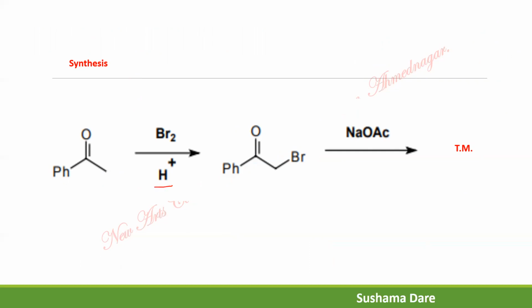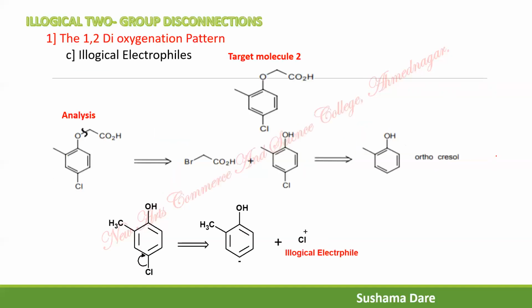Now start the synthesis. Acetophenone, treat it with acid, then carry out the bromination. It gives you an alpha bromo product, and then after the reaction with sodium acetate, the acetate attacks here and the leaving group departs, which gives the target molecule. Now this is the next example. Again, how many different types of possibilities are there over here? You have a Cl group, you have a carbon oxygen linking, and you have a carbonyl group. Among those, the best one is the carbon oxygen disconnection. So which is the best here?